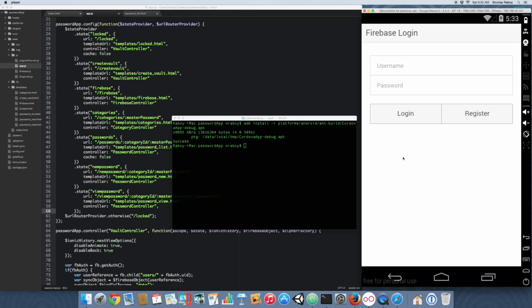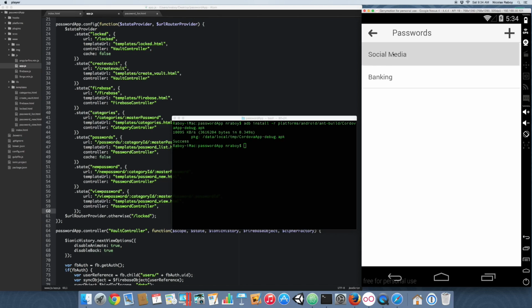Alright, so you can see, because this is the first time we're using the app, it wants us to log in with Firebase. So I think I used Nick at testing.com, and then 1234 is my password. So let's go ahead and log in. Looks like it was the password and the username. So let's go ahead and type in our password here, test,